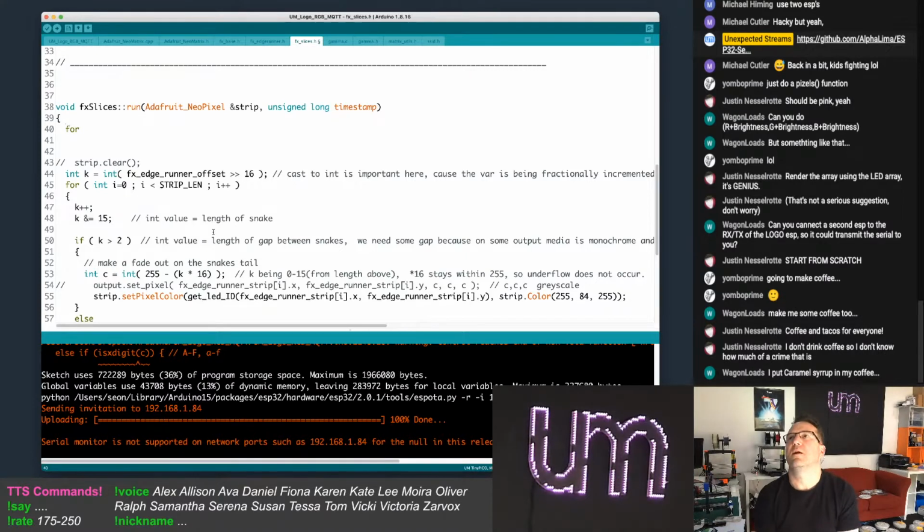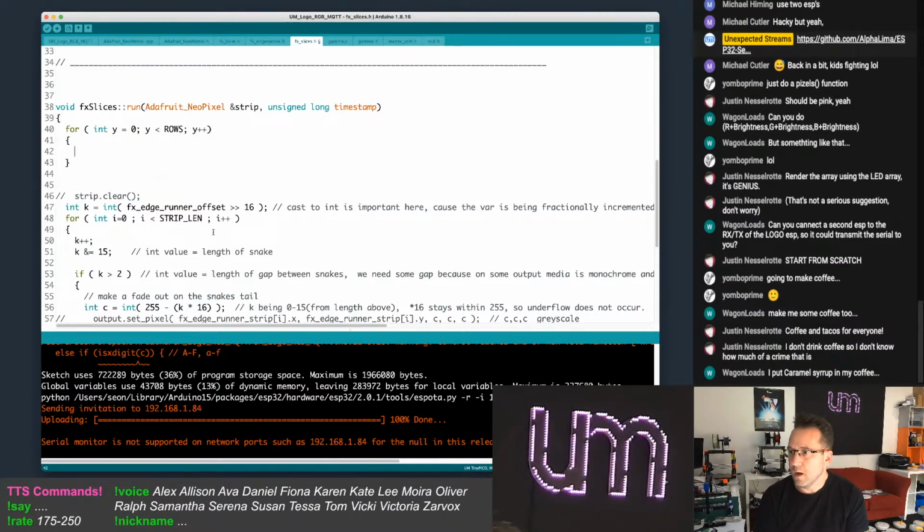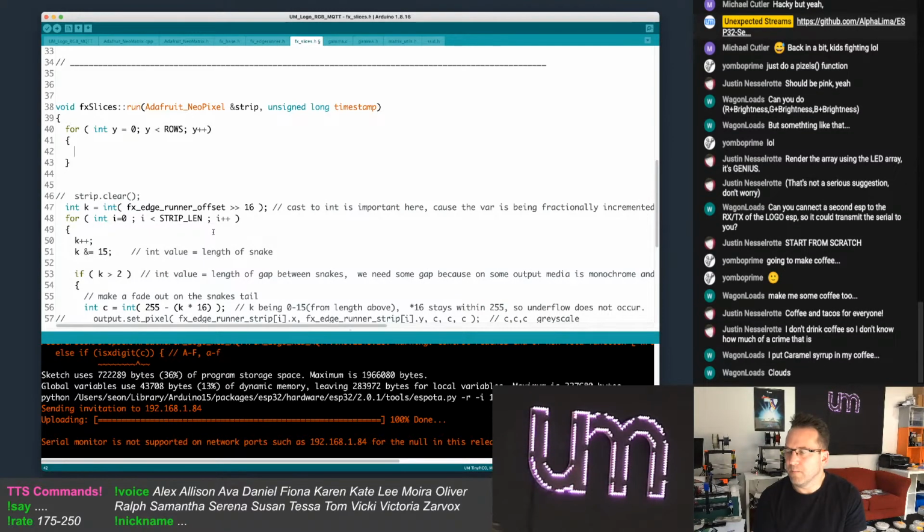It doesn't even have to be trails, but that's my plan. So for int y equals 0, y is less than rows, y plus plus. Now for... so that's going to go down each one.